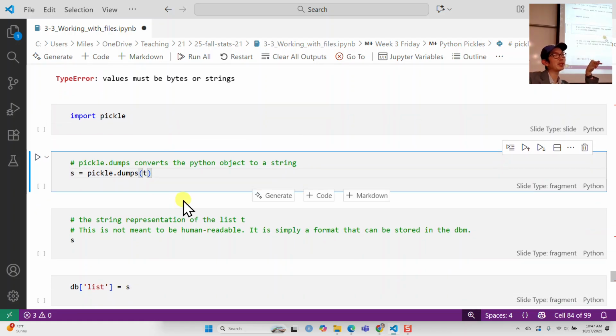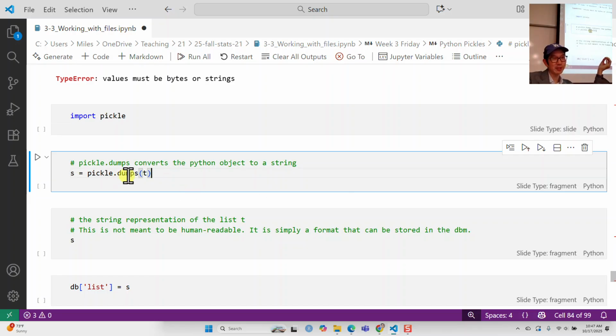Pickling is like the idea that you want to store food for later, so you pickle your cucumbers and then you can get them later. Anyway, we're going to take the list and convert it into a string